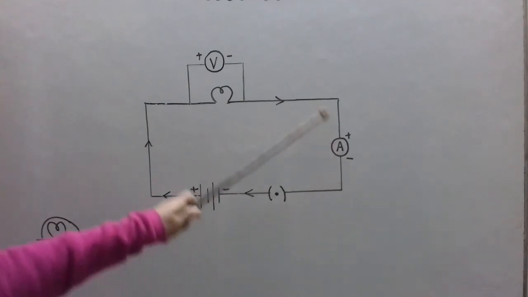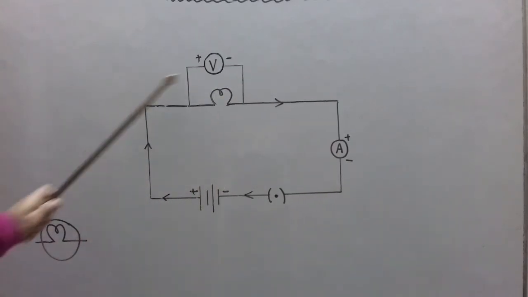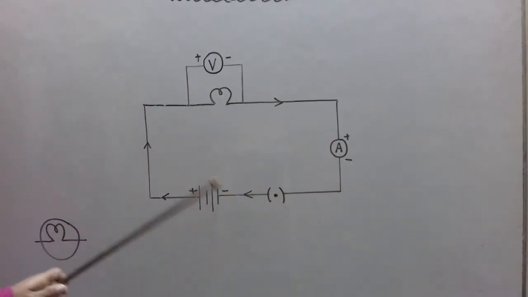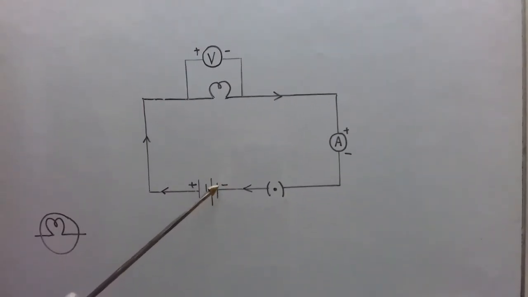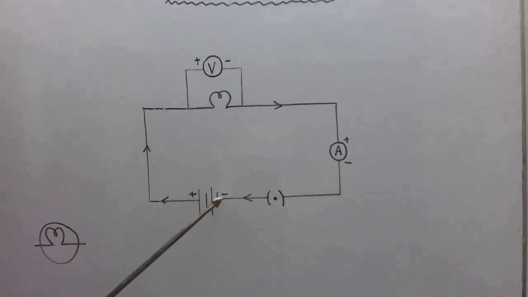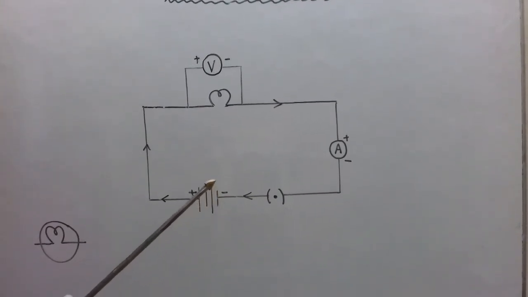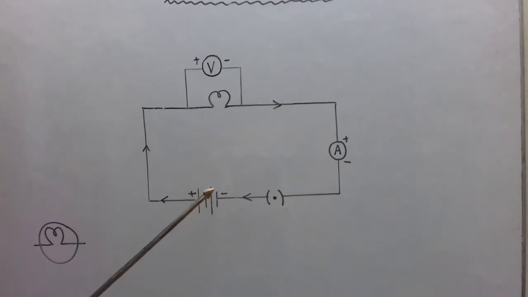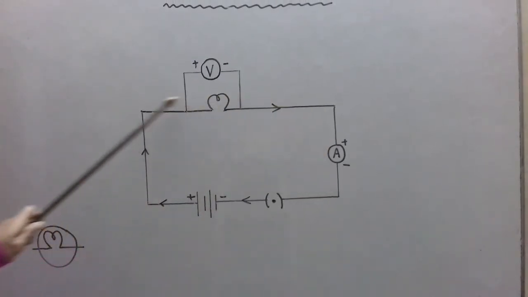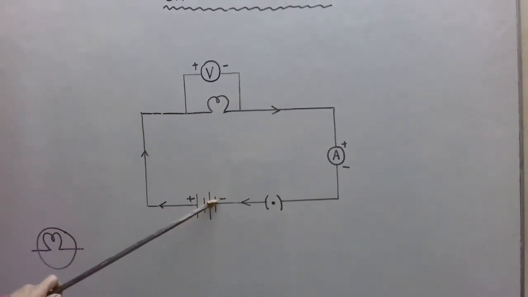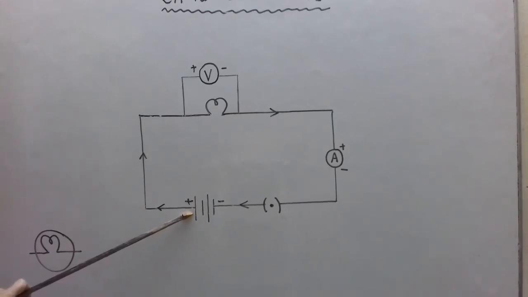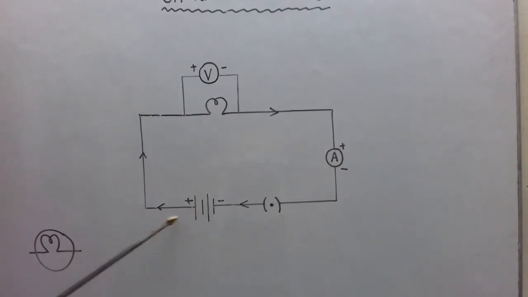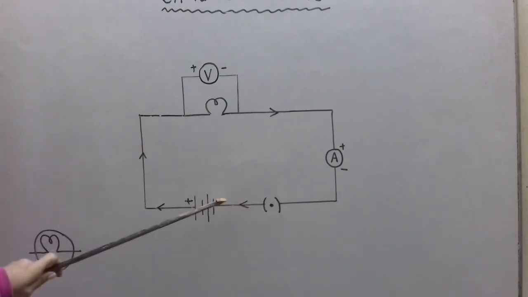Now if I connect the two terminals through some conducting path as I have shown here, then what will happen? The excess of electrons which are present at the negative terminal will move from low potential towards high potential. It means from the negative terminal towards the positive terminal. So electrons start moving from this side, the negative terminal, towards the positive terminal, and we take the direction of current as from the positive terminal towards the negative terminal.